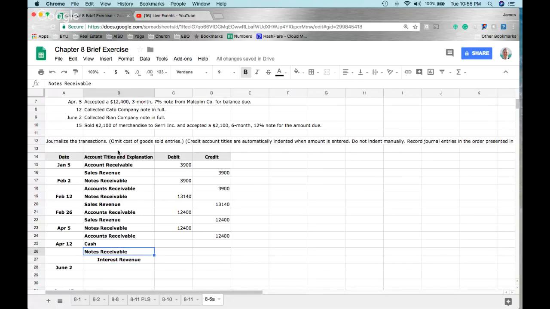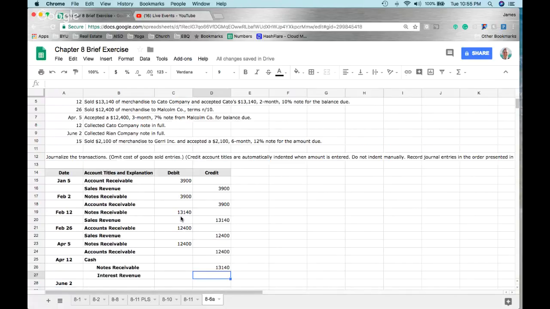Notes receivable, it was debited. We need to receive $13,140. We need to calculate the interest on this, which, let's scroll up,